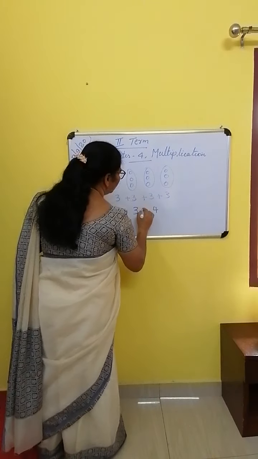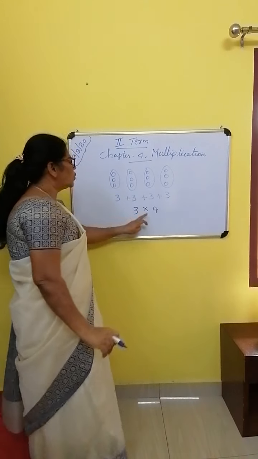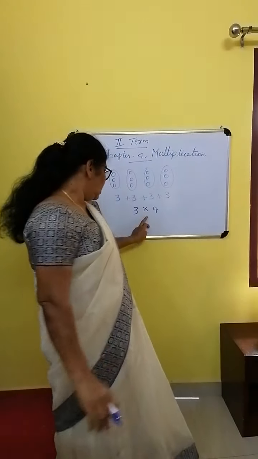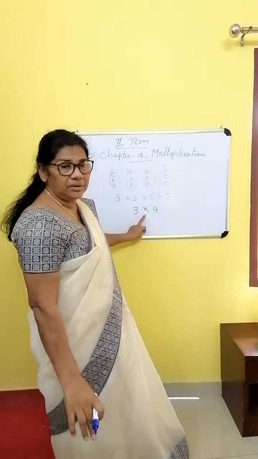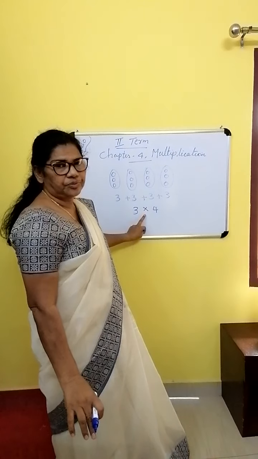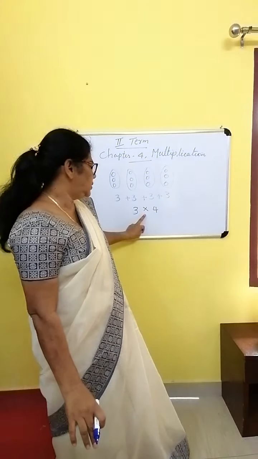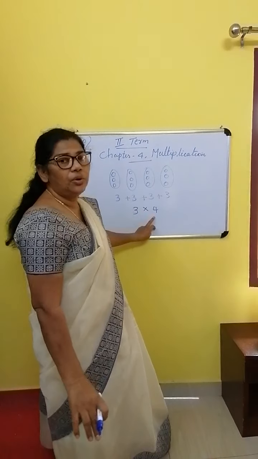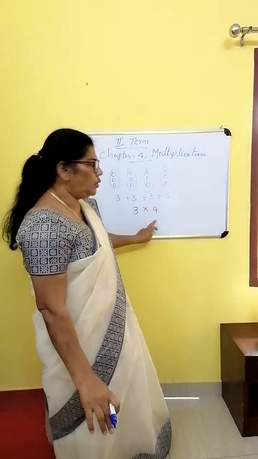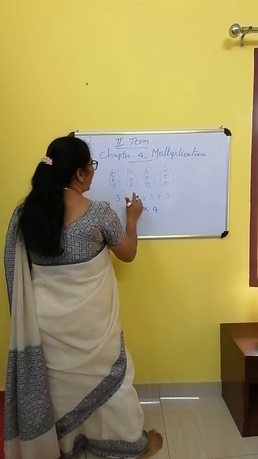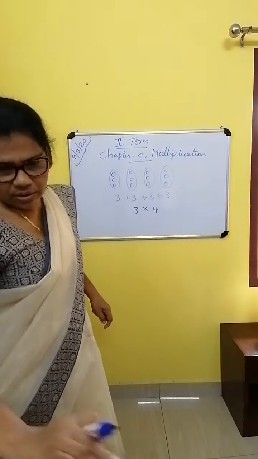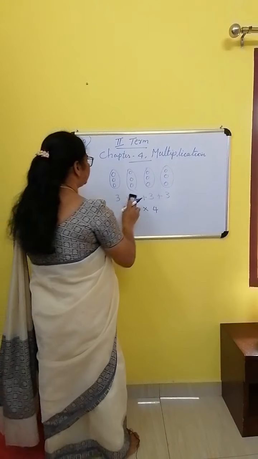So in the middle put a cross. This cross is called into in multiplication. This symbol is called into in multiplication. So we can say 3 into 4. See, if you add these 4 3's,